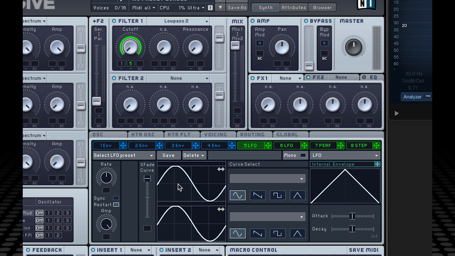I'm going to stay simply with my sine wave shape for now, and you'll also notice that we have a crossfade which enables us to switch between our two LFOs or our two LFO shapes. I'm going to keep this all the way at the top, so what we are going to be hearing is a sine wave. So what we would expect to hear now is the filter gradually opening and closing over time,